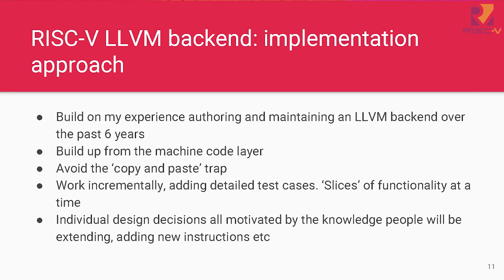And so I've been working with LLVM for a long time, the past 6 or 7 years. I've developed, implemented and maintained an LLVM backend for a research architecture that would have been a hell of a lot easier if RISC-V had existed 6 years ago. So I've drawn on that experience and talking to other LLVM backend maintainers to try and go about this in the most sensible way. So I built from the machine code layer up, going from enough support to go from assembly to machine code, which can actually be quite fiddly to add after the fact. I think it's quite a useful way to go about implementing an LLVM backend.